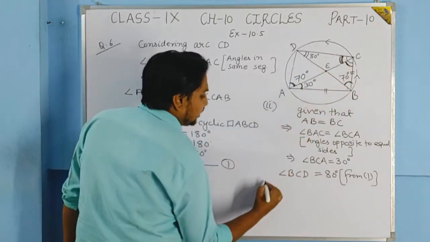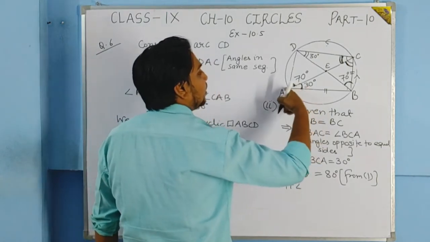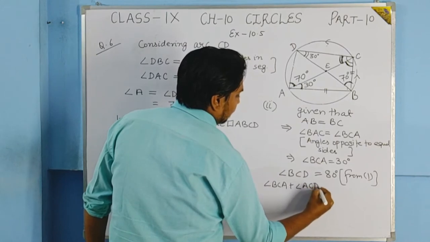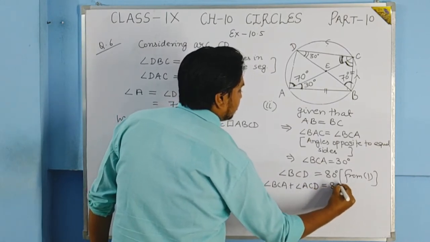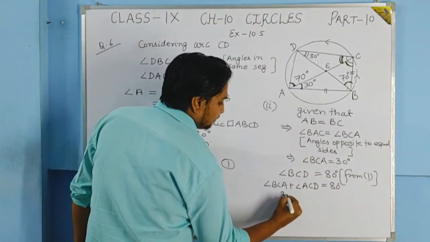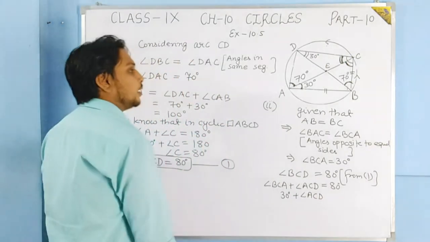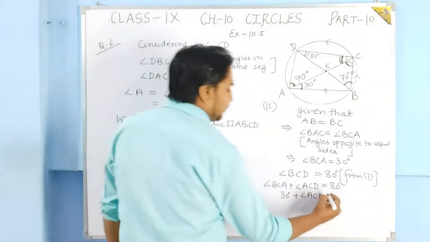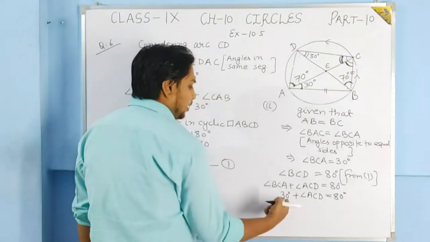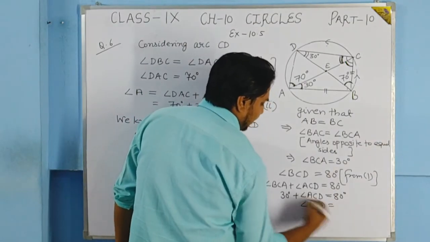One is angle BCA and one is angle ACD, and the sum of these two is 80 degrees. Now angle BCA is 30 degrees and angle ACD we have to find. So this 30 degrees will be shifted, so angle ACD will be 80 minus 30,